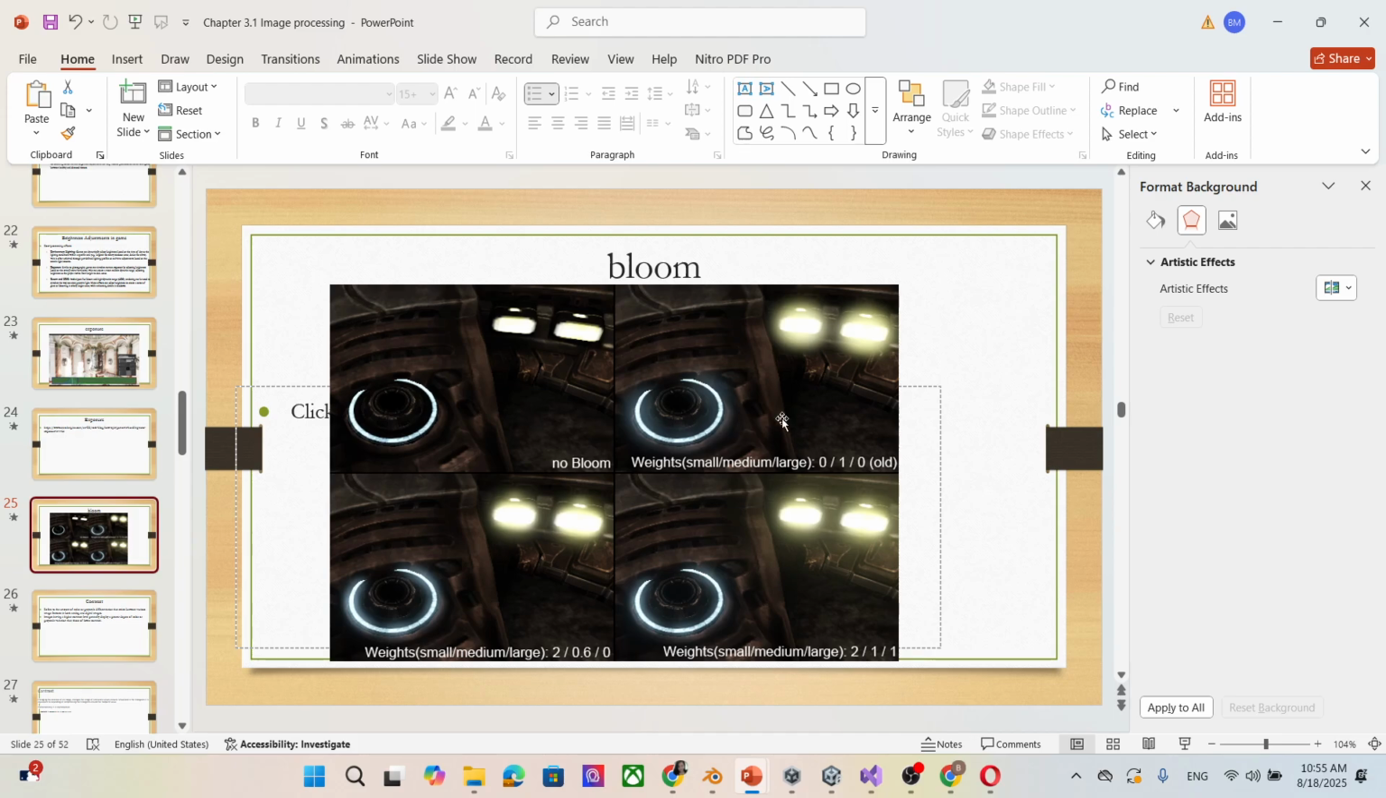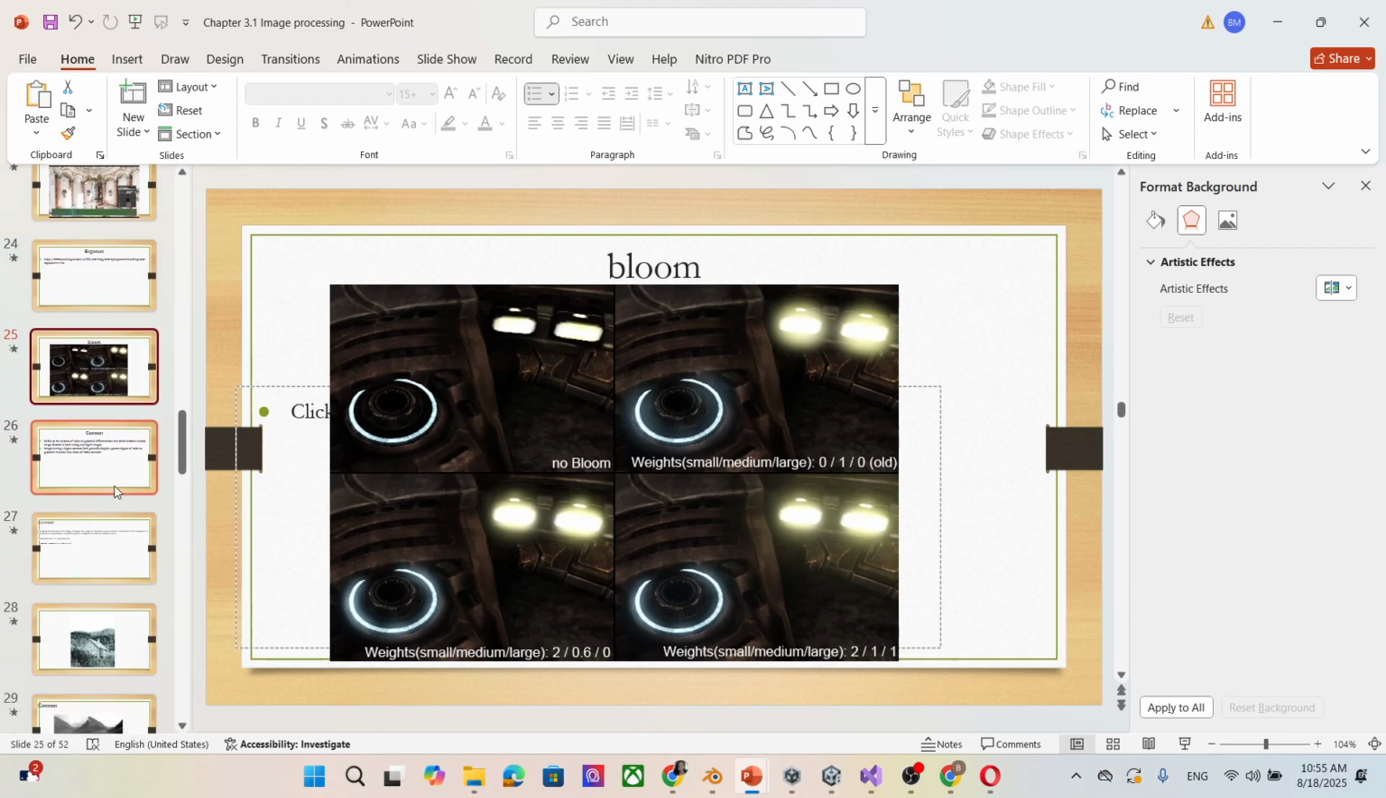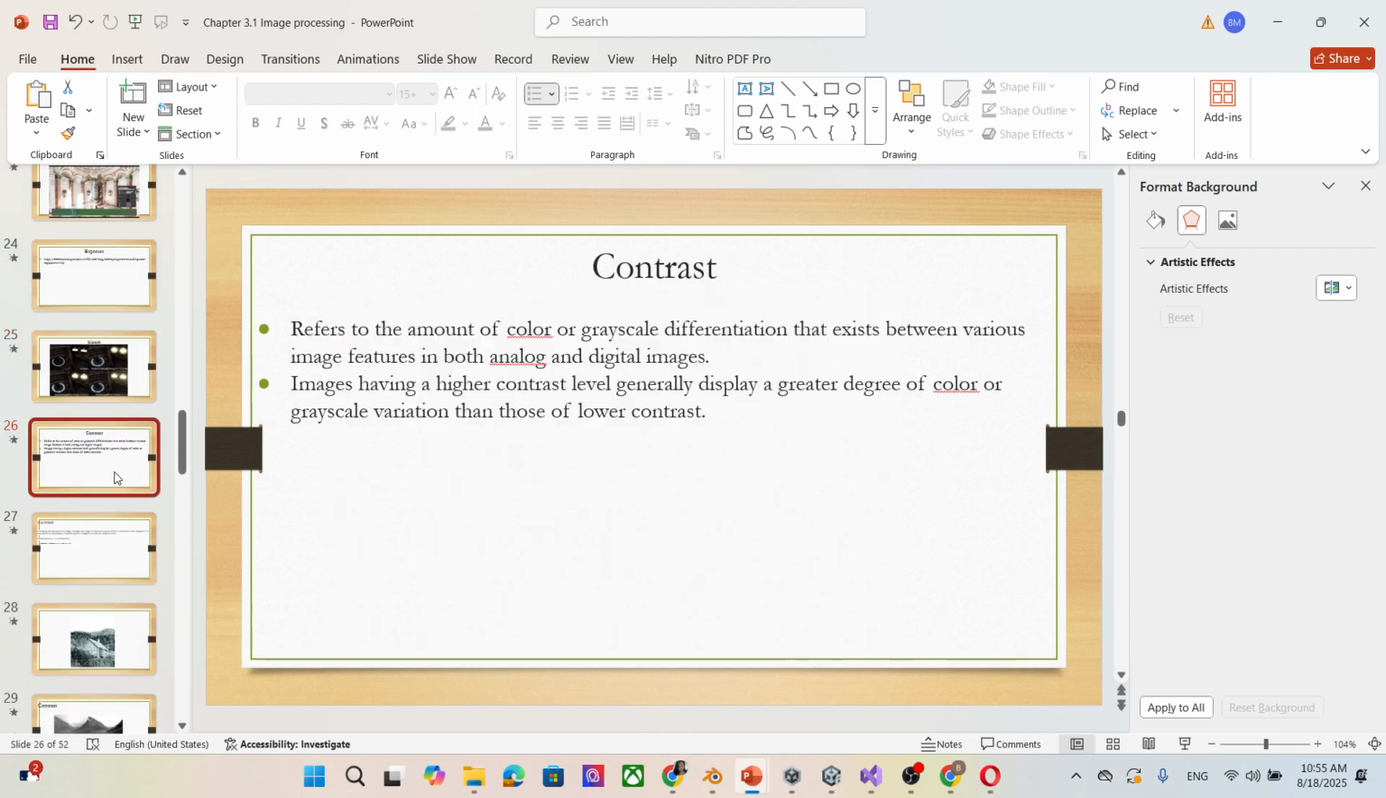Okay, so no bloom. Wait, small mediums. Okay, so for the contrast, so we